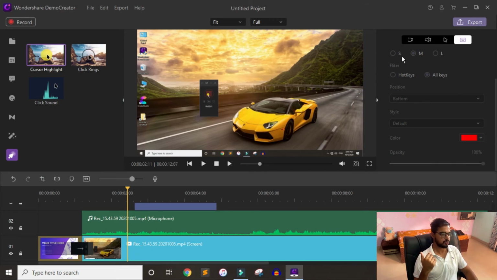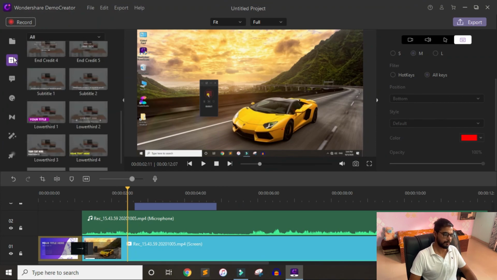So if you are looking for an advanced screen recorder, then go with Demo Creator, an advanced screen recorder and basic video editor. If you are a YouTuber, kind of like me, then Filmora 9, all my videos are edited with Filmora 9. If you're looking for something advanced, then Filmora Pro is the option for you.